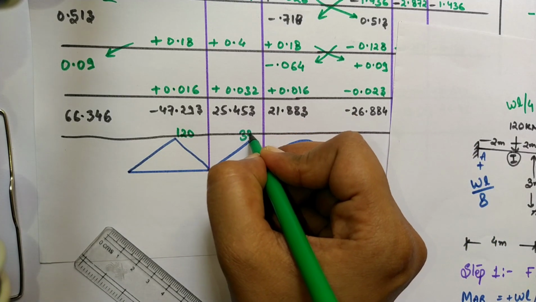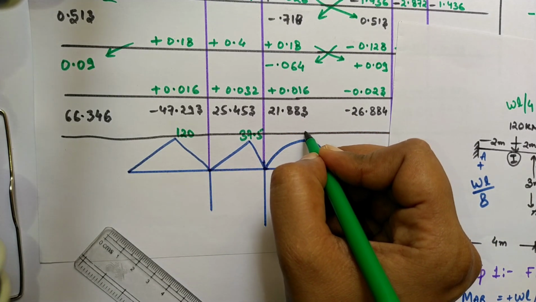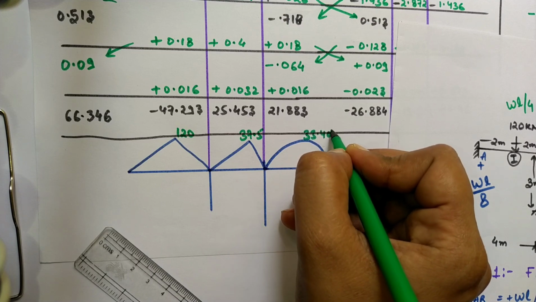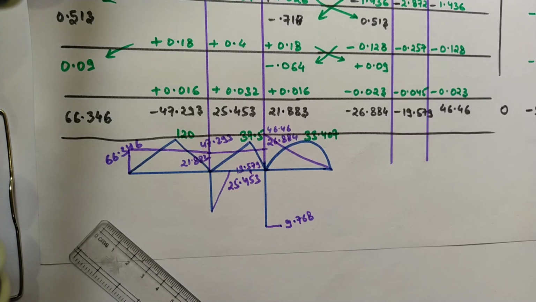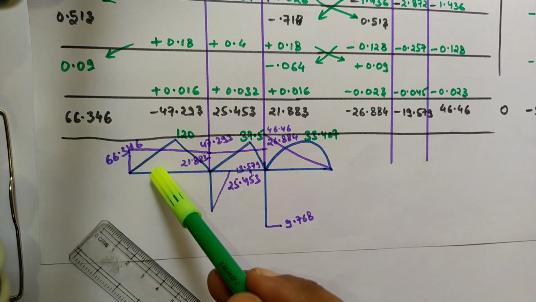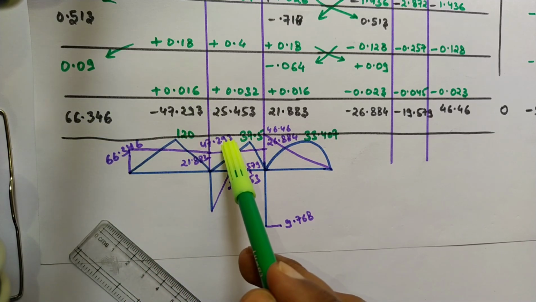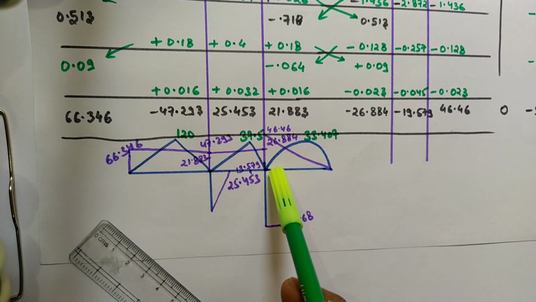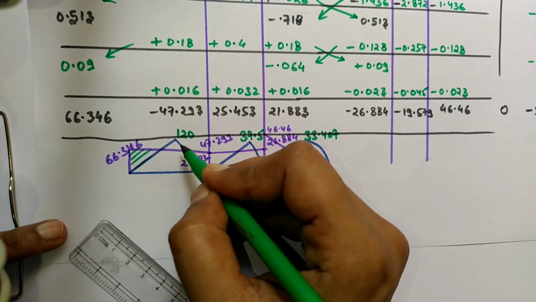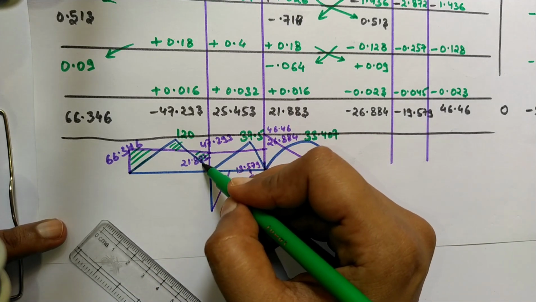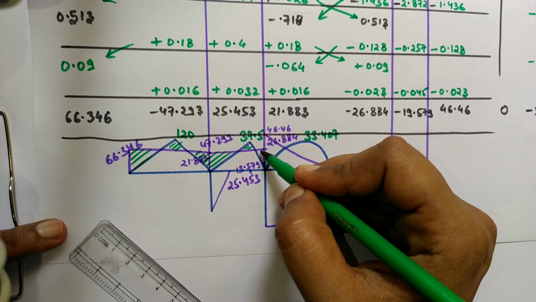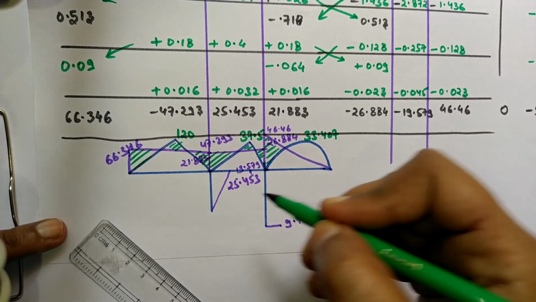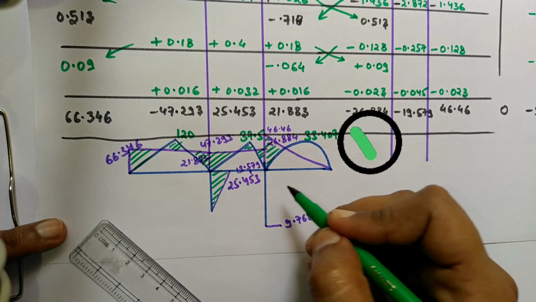तो यहाँ पर हमने ये सारे इसके टॉप पर लिख दिए हैं and we have made the geometry, जो हमारी बेंडिंग मोमेंट की ज्योमेट्री आती है. Next all the bending moments which came onto the joint, हम सारे के सारे ऊपर लिख देंगे. जो बीम पे आते हैं हम सारे के सारे अप लिख देते हैं. सारे हमने ऊपर लिख दिए हैं. 66, -47, जितने भी हमारे आए हैं हमने सारे के सारे वो ऊपर लिख दिए. And I am shading the critical zone. ये जहाँ पर भी ग्राफ्स दोनों मीट होते हैं ये हमारा क्रिटिकल पॉइंट होता है, वहीं से ही फेलियर होता है. ये सारे मैंने यहाँ पे लिख दिए हैं.